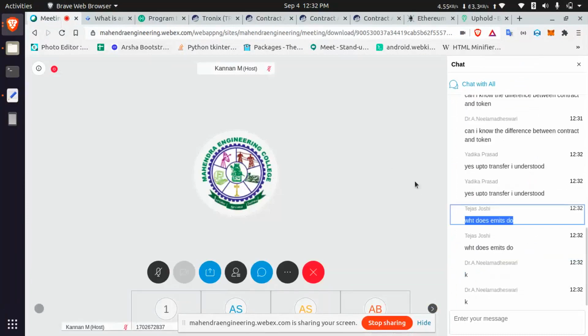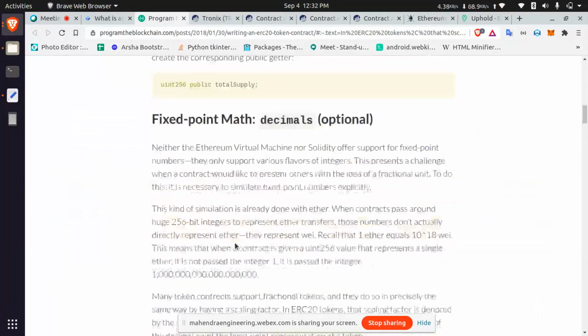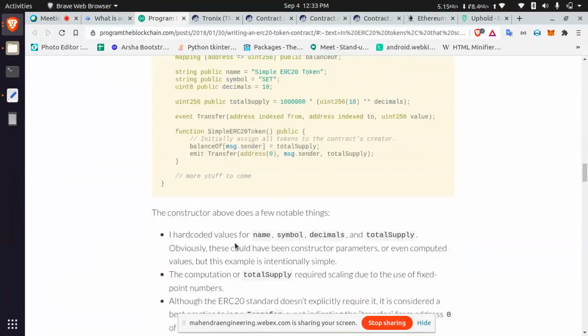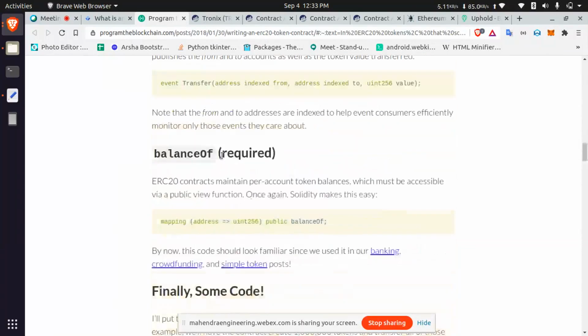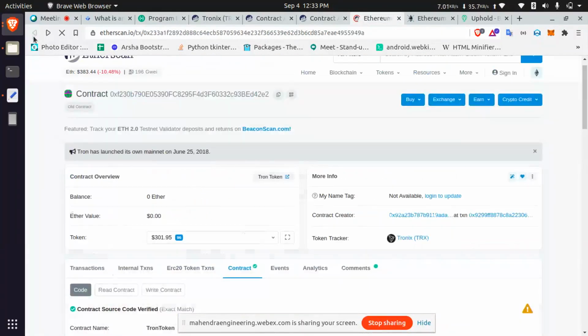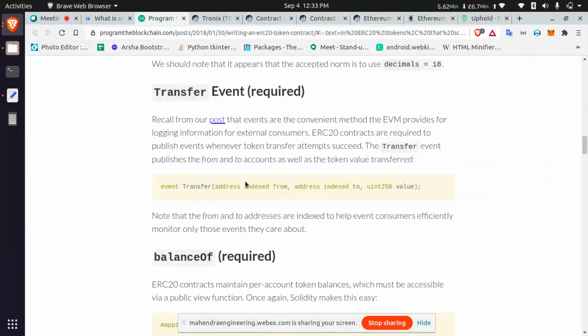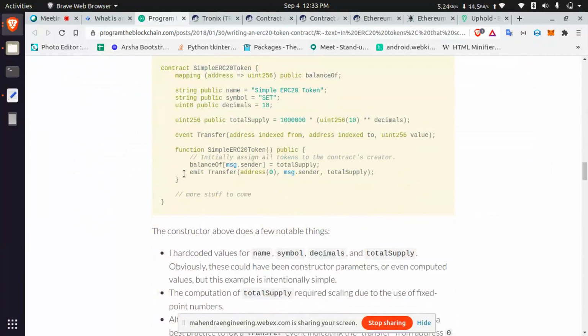Let's explain that. You see that image. If you are doing any transaction, you see that emit log, right? The log does not trigger unless you define the event at the top of the file. How to trigger that event with this emit?